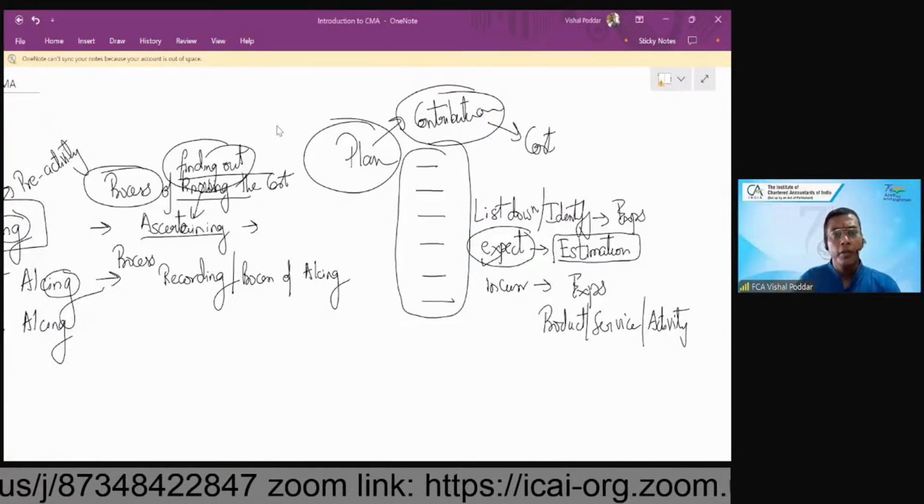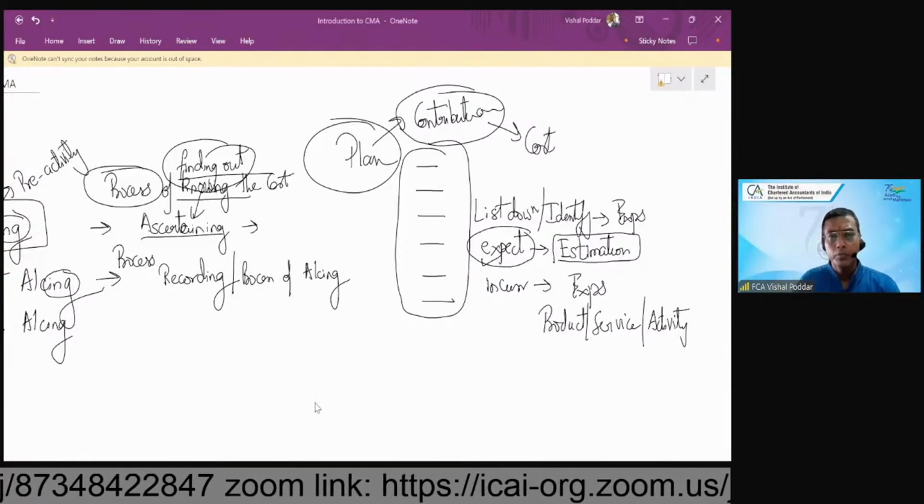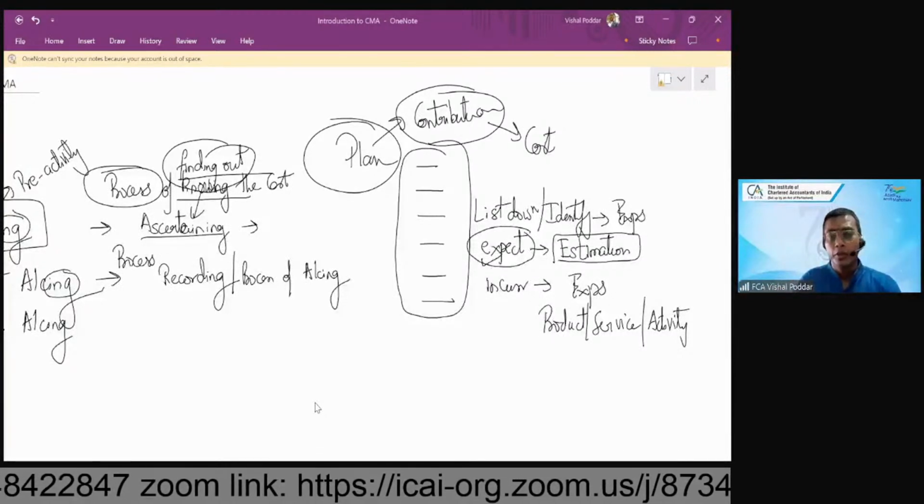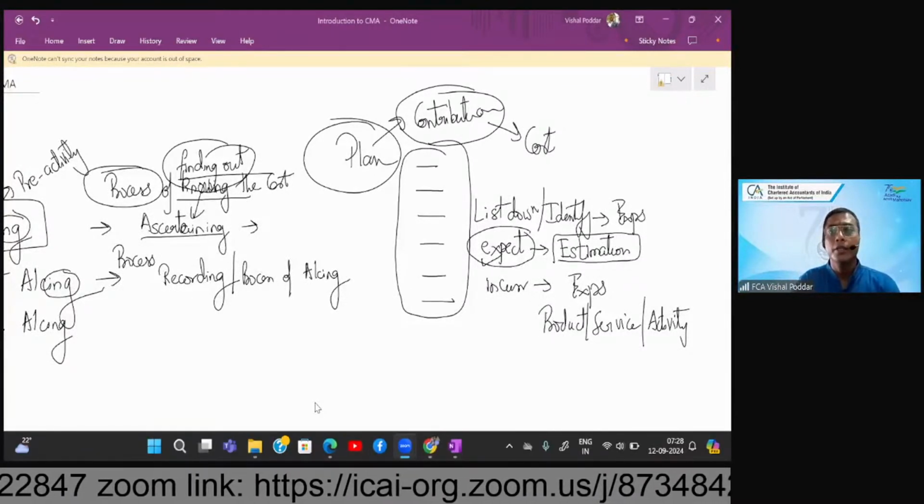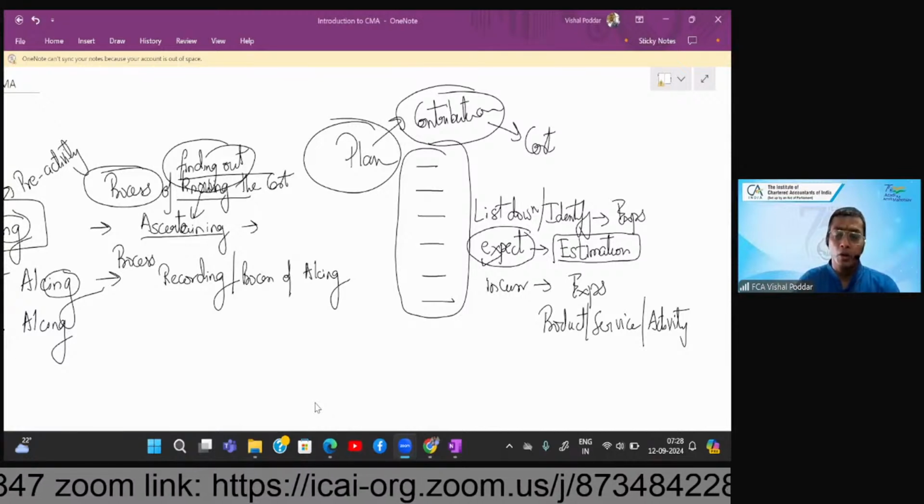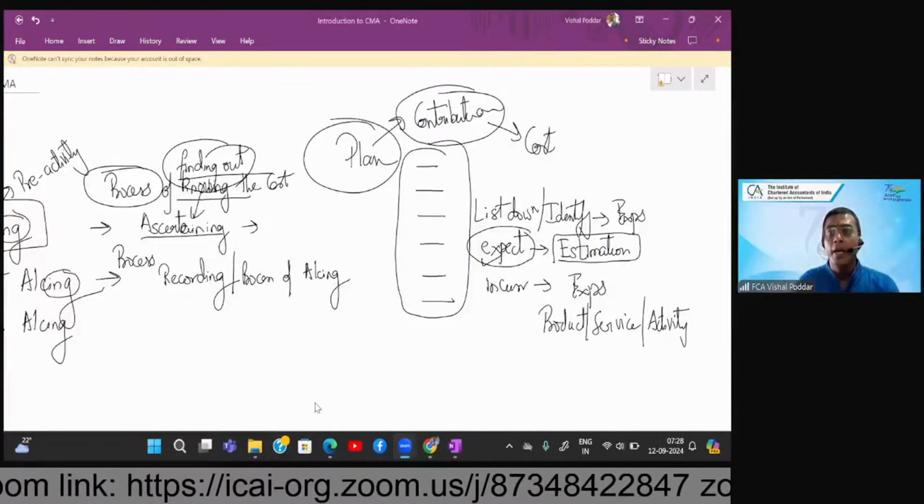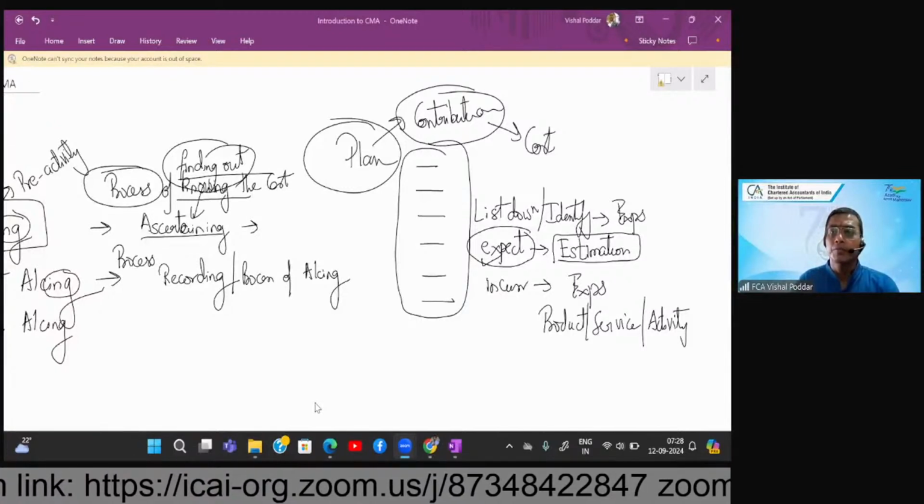Now, the point is what? Please understand and appreciate this. The point is that whenever we are dealing with the subject of costing, remember, costing is a pre-activity, as I mentioned already. So when I say costing is a pre-activity, what does it mean? It simply means that in case of costing,